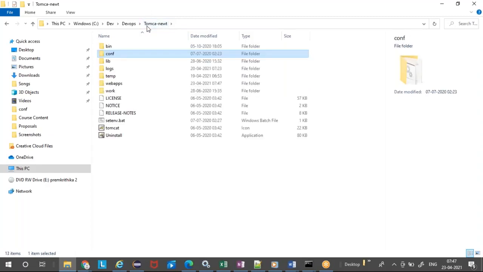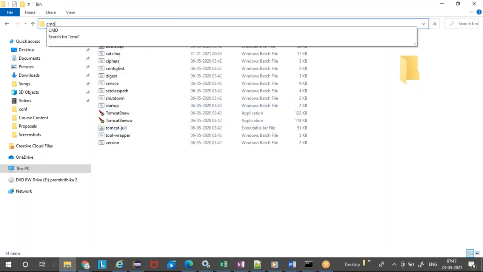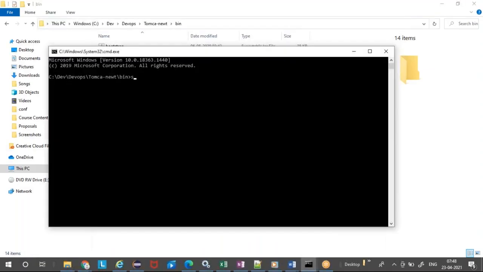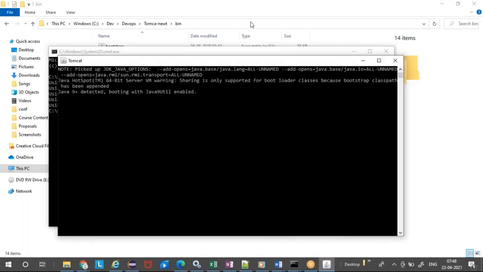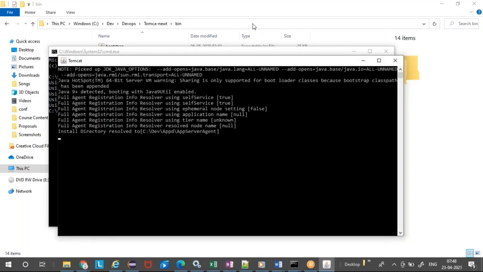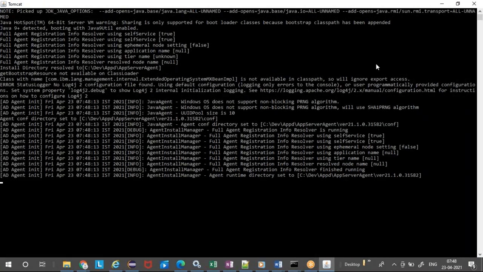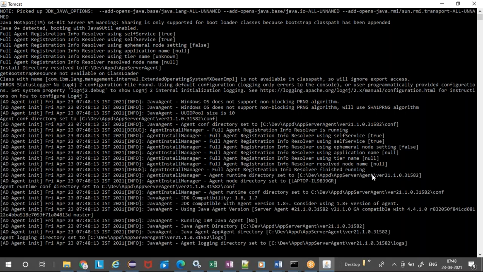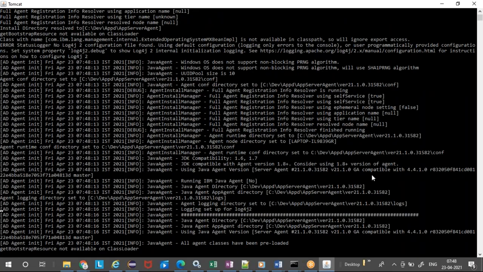But for now, we just deployed a war file. Just opening this bin folder, I'm going to start the server. I'll go to the command line and run startup.bat. It is going to start the Tomcat. If there is no problem with the war file, it will say it is started and listening to a particular port.